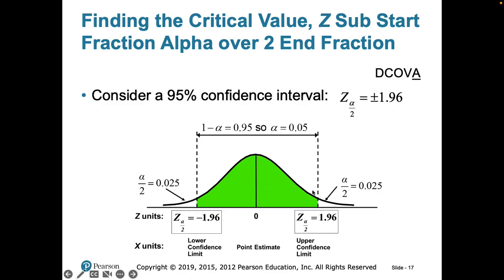You have your data here, and then you have your tails. So in this case, remember alpha is 0.05 or 5%, and that means you get 0.025 on each tail in order to get the 0.05. If you use the Z table, you can see that this is negative 1.96, and because this is symmetrical, you get the positive 1.96 on the right. But that's where you get alpha divided by 2, because there are two tails.